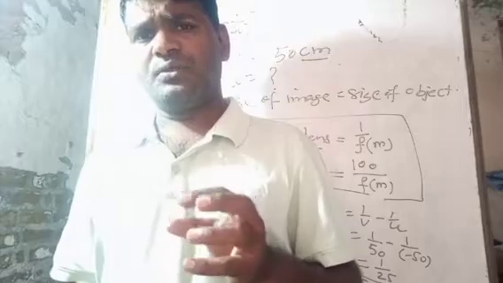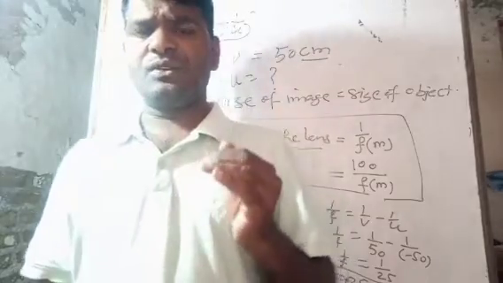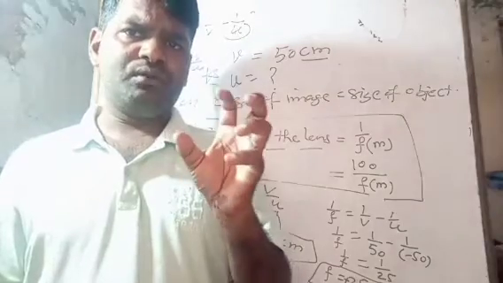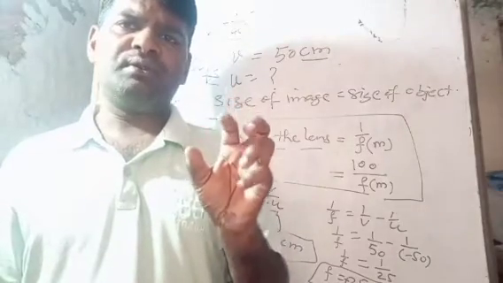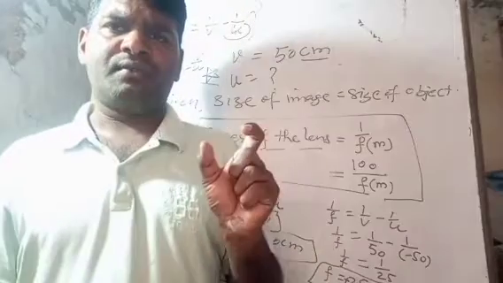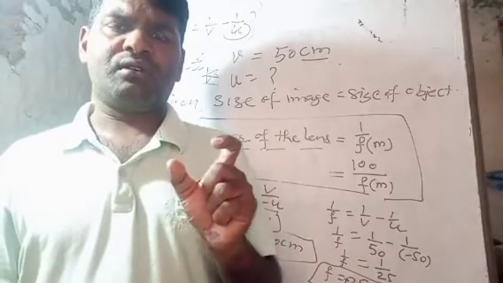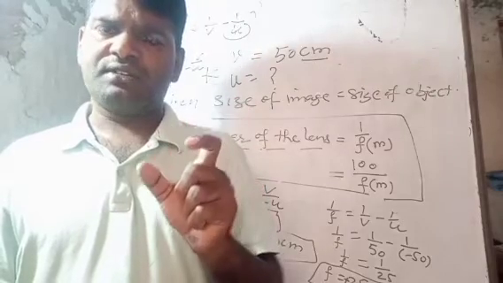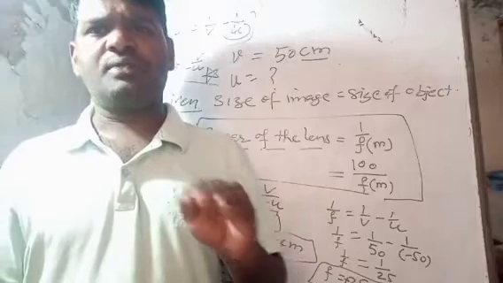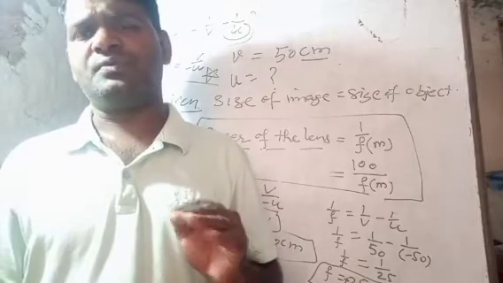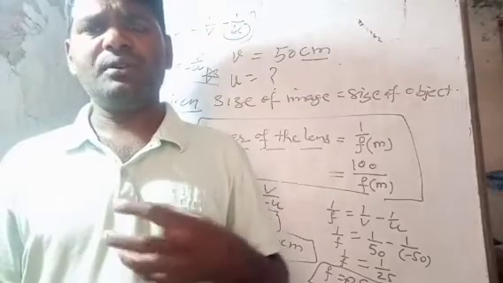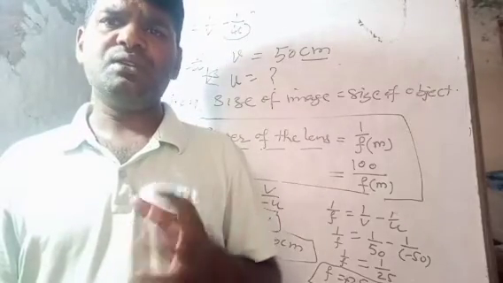So today we shall concentrate on a few problems based upon the linear magnification formula, for convex, for concave, for convex lens or concave mirror, etc. All these things should be cleared today to remove the confusion from your mind. For mirrors we are going to use something, and for lenses we are going to use something else.